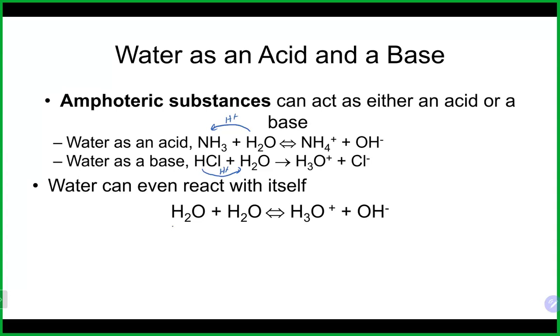For example, if this is the acid water, it would send the H+ over to this water, which is acting as the base, and it will produce H3O+ and OH- in solution. That is sometimes referred to as the autoionization of water, basically water reacting with itself. And this is what will determine whether or not a solution is acidic, basic, or neutral: the amount of these free ions floating around in that solution. So this sets up an equilibrium,